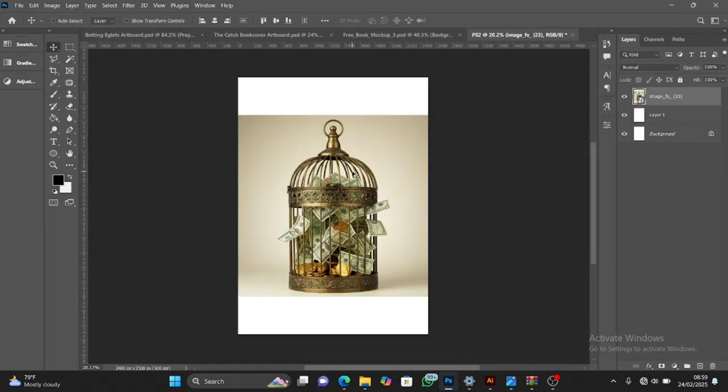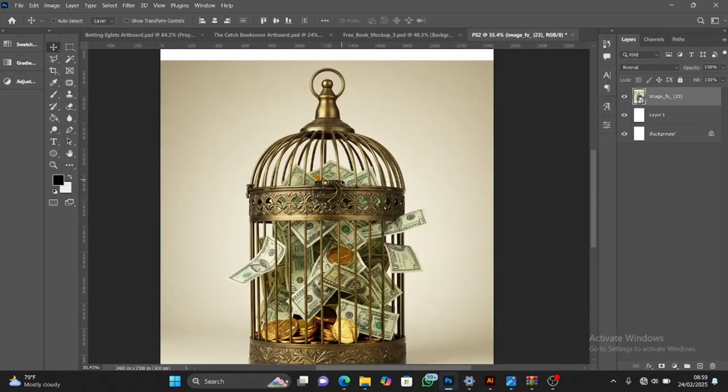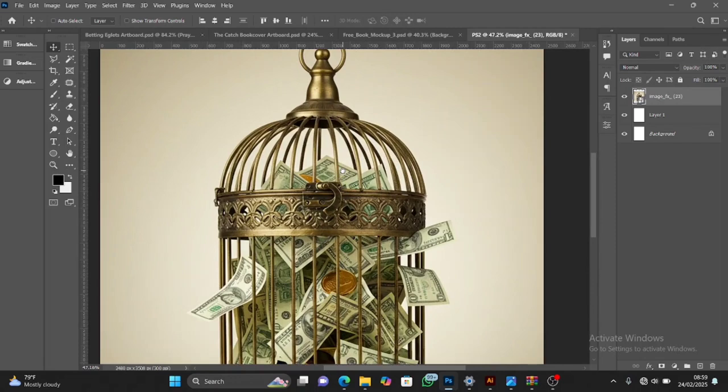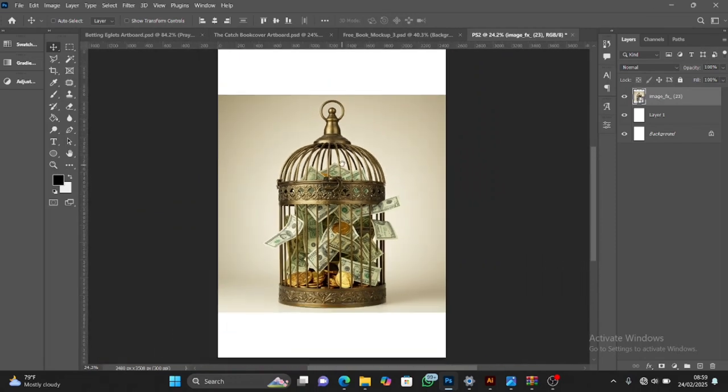Now, the next thing we need to do is to clear out this background. This is going to be really complex, or it's going to look complex, because taking out the background of this image is not something that you can just do with some basic selections. So you have to do some edits so that you can have a proper image out of the background. I'm going to take you through how you can achieve that also. So yeah, the first thing you need to do here is to